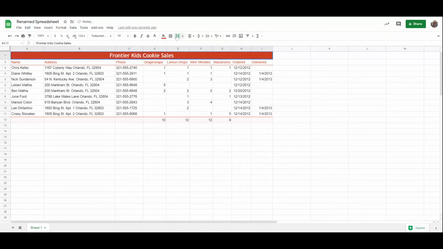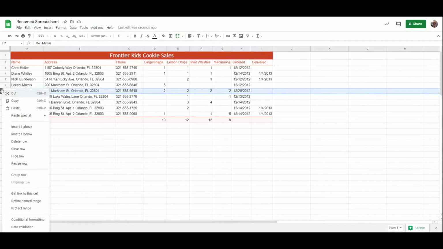And when cells are merged, they all become one big cell. So if I click just on H1, we see that actually A1 through I1 has been selected. And now I do see that all of the text in cell A1 is showing because it spans all the way to I1. If I wanted to add on another person here, I could right click,